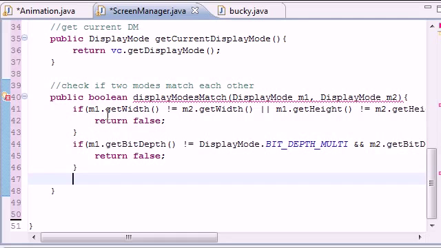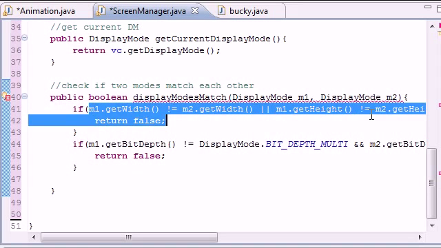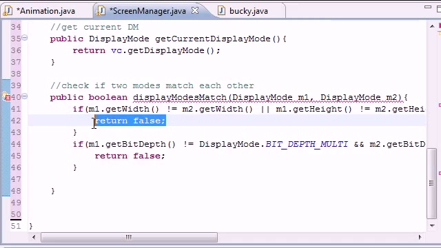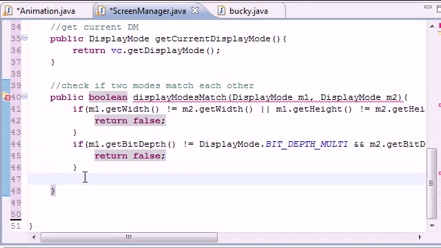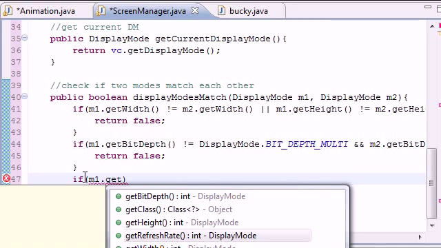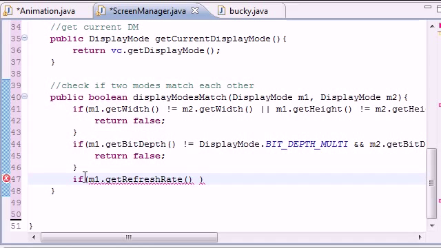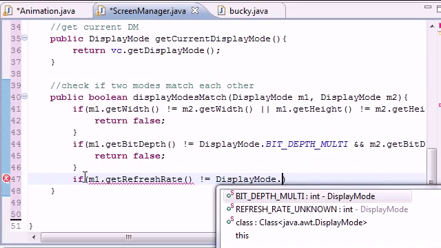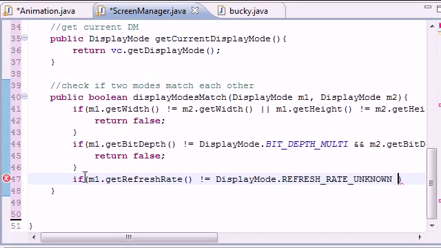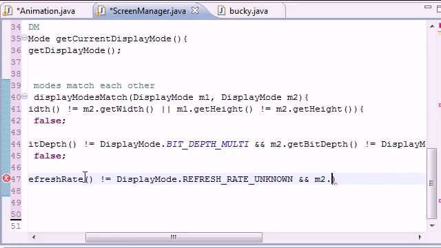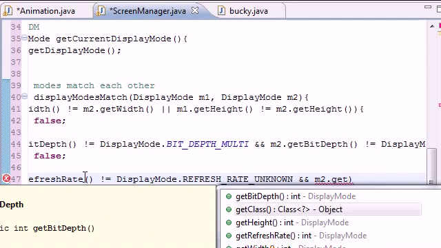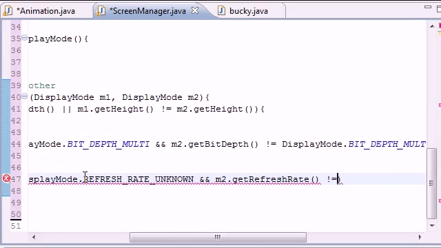So now what we did is we made a test for the resolution to see if they match, and if they don't match, we want it to return false. If the bit depths don't match, we want this to return false. And if the resolution rate, or excuse me, refresh rate, if m1.get refresh rate is not equal to display mode dot refresh rate unknown, and m2 dot get refresh rate is not equal to